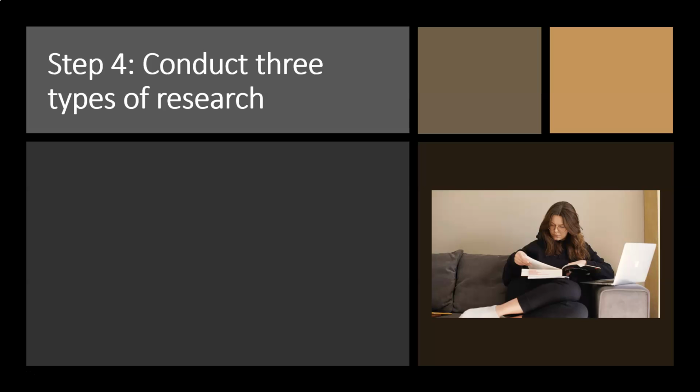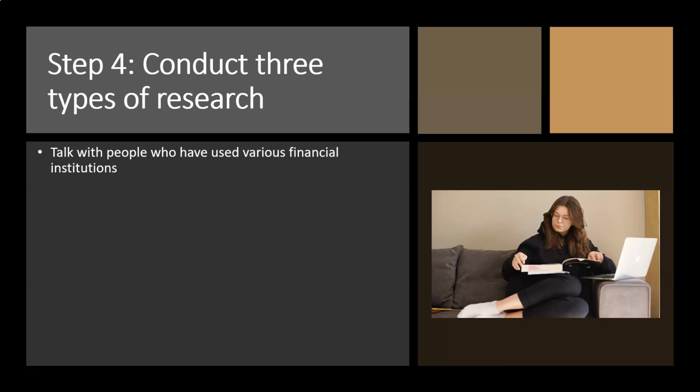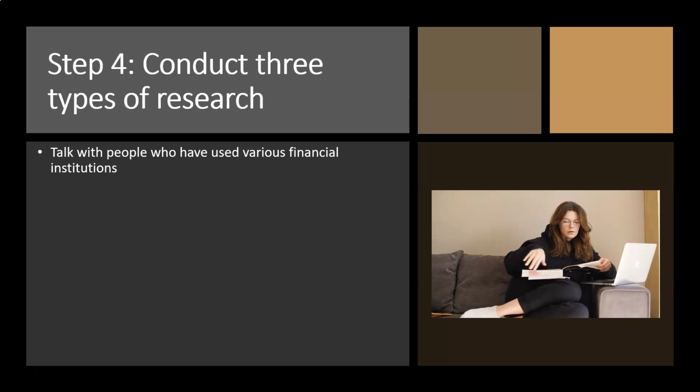Step 4, conduct 3 types of research. So once we know where they're at, and once we're going to narrow down our decision process, we can then go into our research, which could include talking with people who have used various financial institutions. At this point, notice we narrowed down to this point before we started to talk to people,